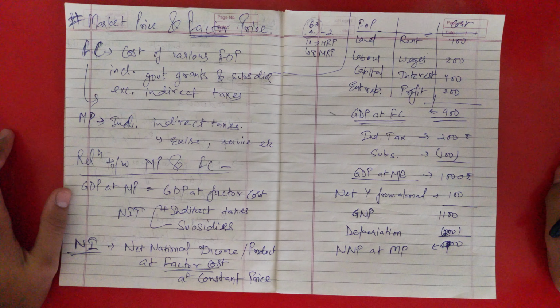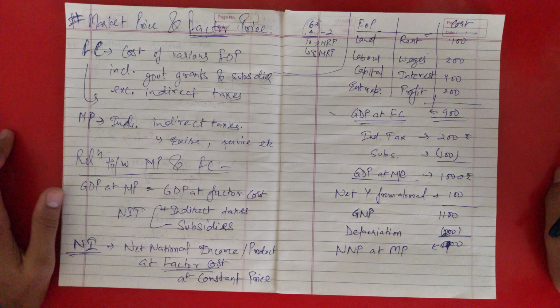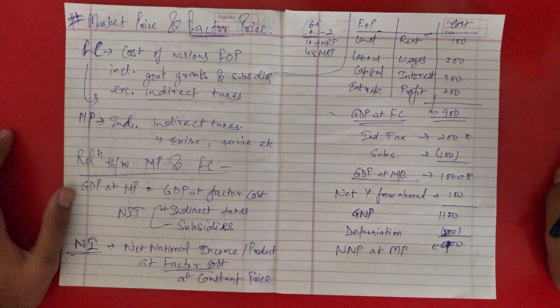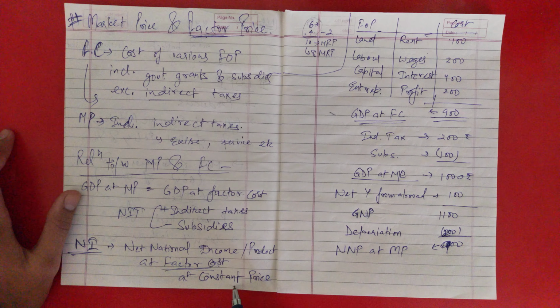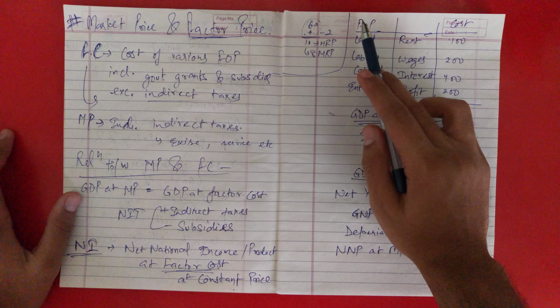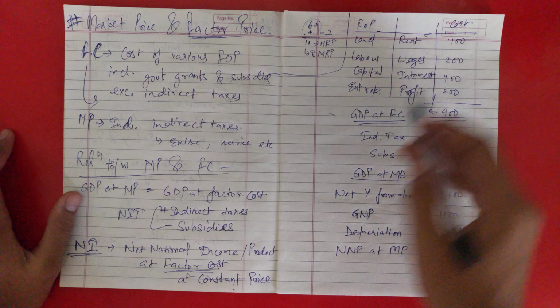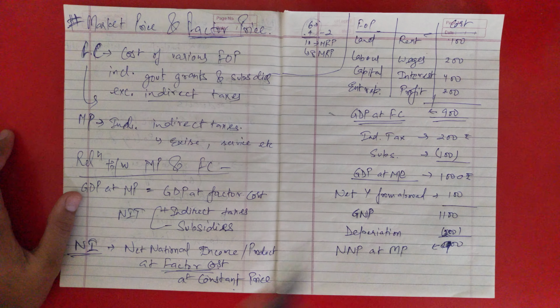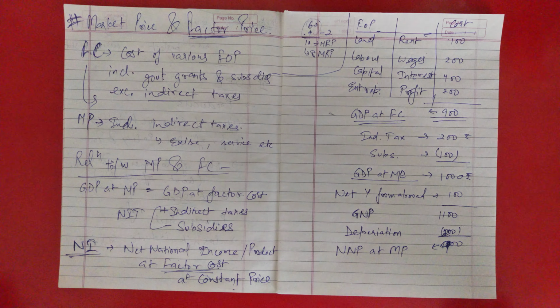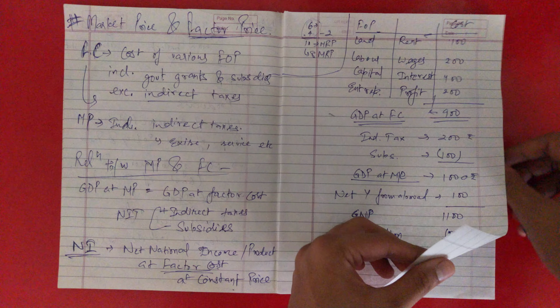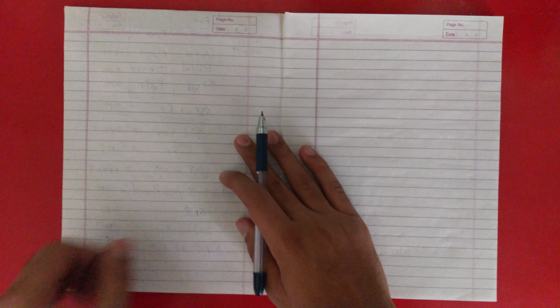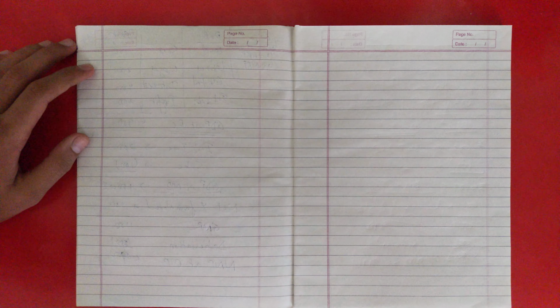Okay, so in the previous lesson we learnt about market price and factor cost. And we also found the relationship between market price and factor cost. Then we came to national income, which is NNP at factor cost at constant prices. Then we did one example of calculating GDP, GNP, GDP at MP, NNP, everything. So we calculated everything there, and I wound up the class with per capita income, which represents the average standard of living of an individual. Okay, which is a great indicator of economic growth.